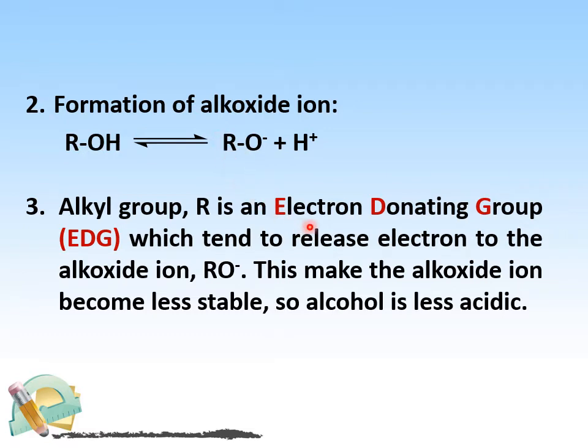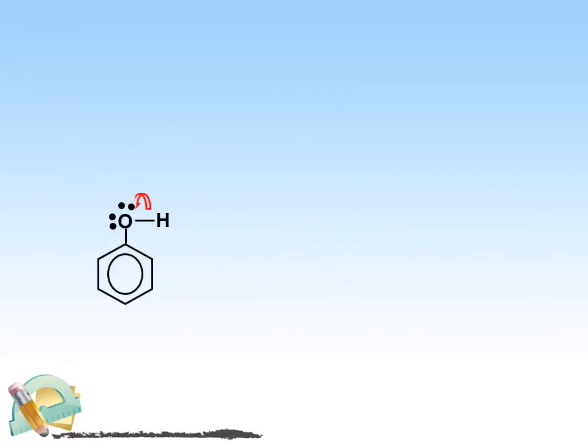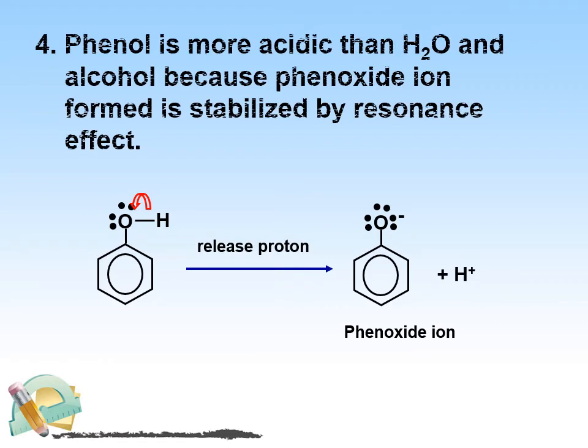It is an electron donating group which will release its electron to the alkoxide ion, RO minus. This will make the alkoxide ion become less stable. So alcohol is less acidic. Phenol is more acidic because it has a resonance effect of the benzene ring. Phenoxide ion is formed